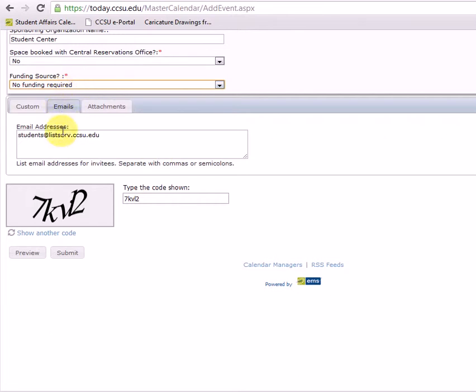One of the nice things about this is you can actually send emails to people about this, including the university's listserv. In this particular case, I want the student listserv to get an announcement, but you can add your own email address in there so that you make sure you get a copy of the announcement. Put in the CAPTCHA code, and you can preview this, but in my particular case I'm just going to click the submit